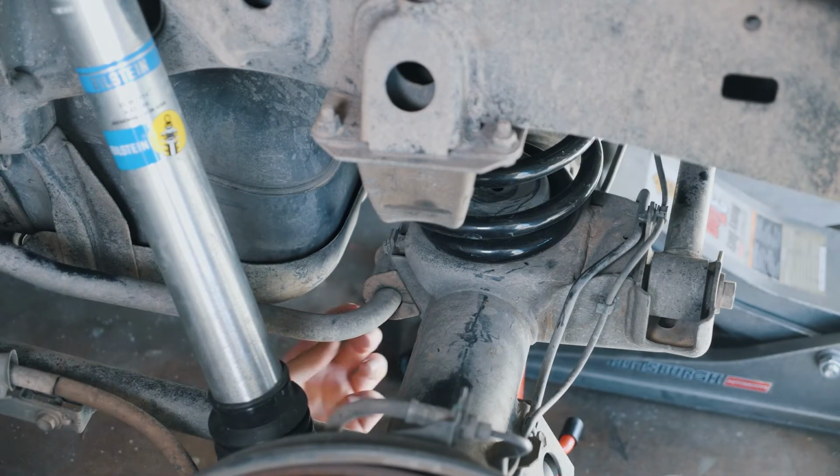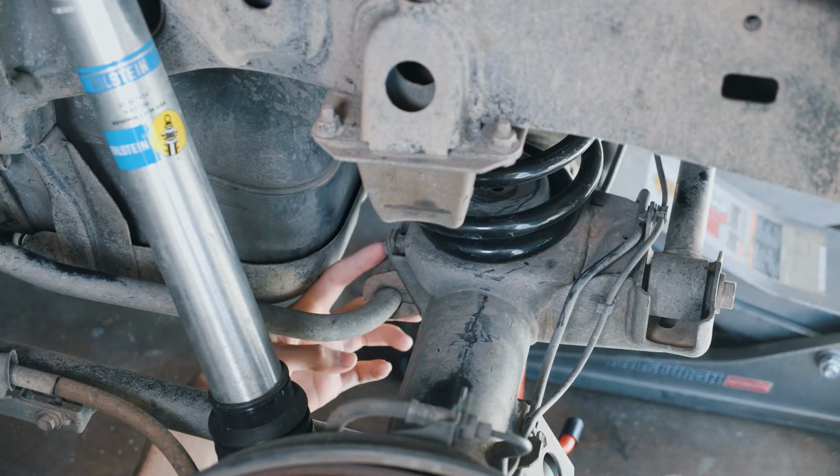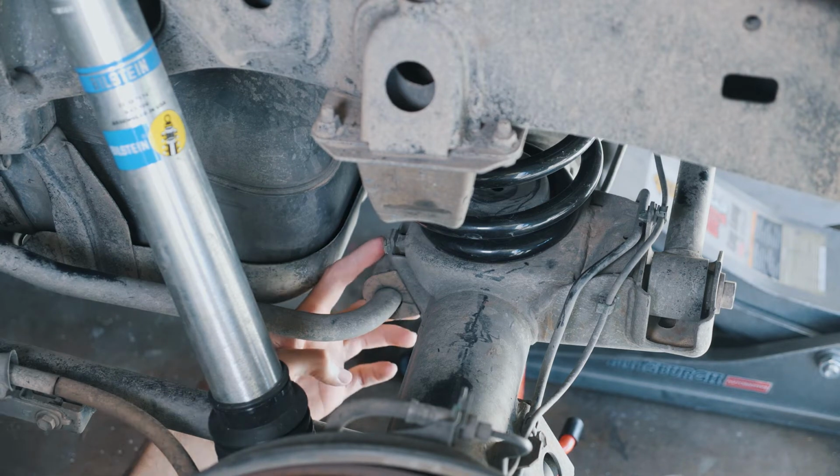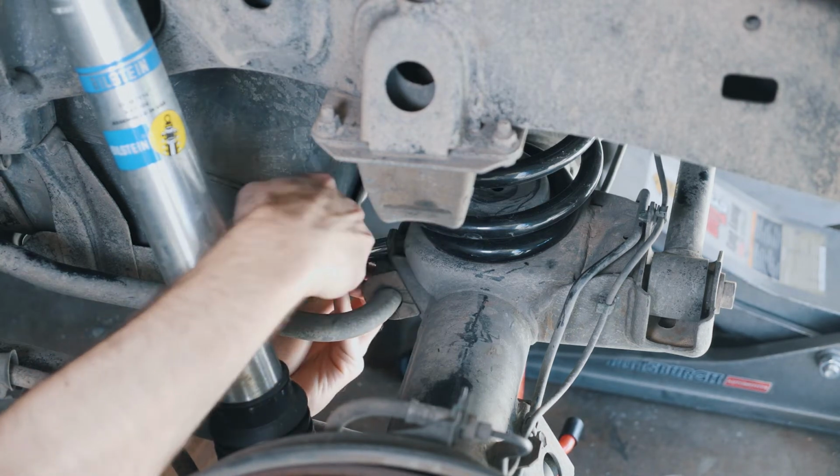Finally, we can get to the rear stabilizer bar bushings. Process is almost exactly the same as the front. There's two 12mm bolts to remove. You take those out, remove the existing bushing, slide the new one back onto the bar, and tighten these back